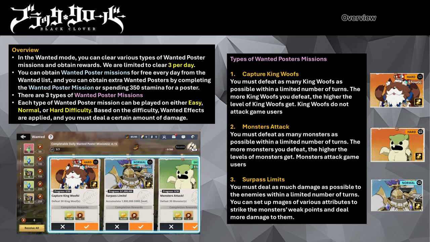In the Wanted mode, you can clear various types of Wanted poster missions and obtain rewards. We are limited to clear 3 per day. You can do more than 3 clears, but make sure you choose the 3 clears that give you the most coins. You can obtain Wanted poster missions for free every day from the Wanted list, and you can obtain extra